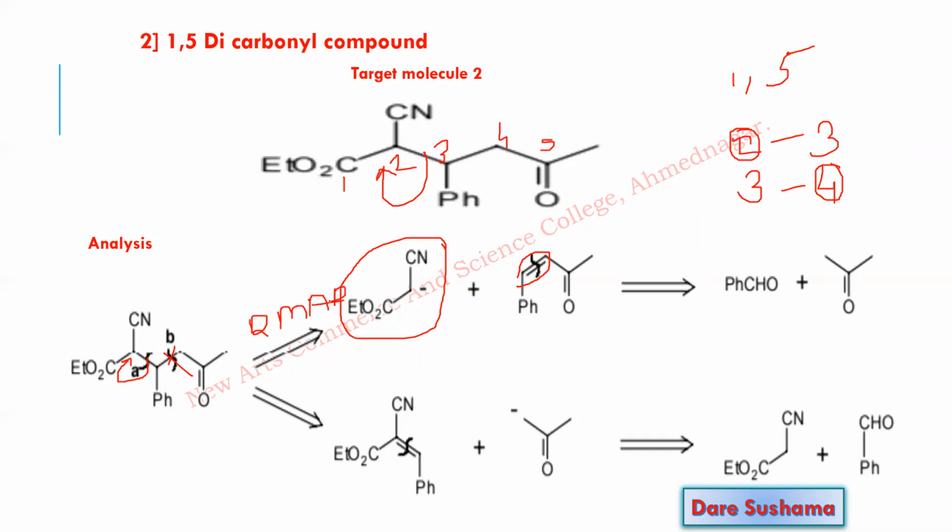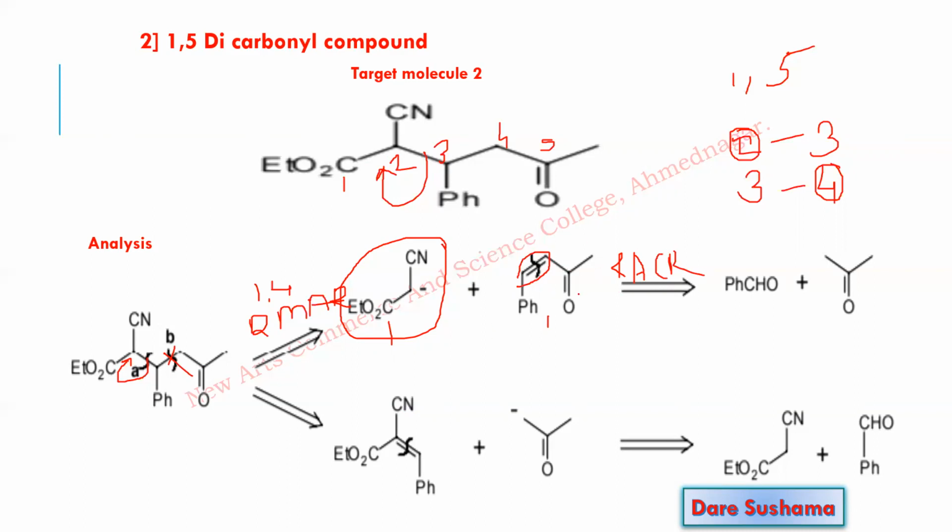So retro-Michael addition reaction, which Michael addition reaction is that? It is a 1,4-Michael addition reaction. It is a combination of what? A Michael donor. So this is the Michael donor and this one is the Michael acceptor. Michael acceptor is always an alpha beta unsaturated carbonyl compound. And you know how to synthesize an alpha beta unsaturated carbonyl compound, as we already discussed under the heading of 1,3-dioxygenated skeleton. So how can we synthesize it? By retro-aldol condensation reaction.